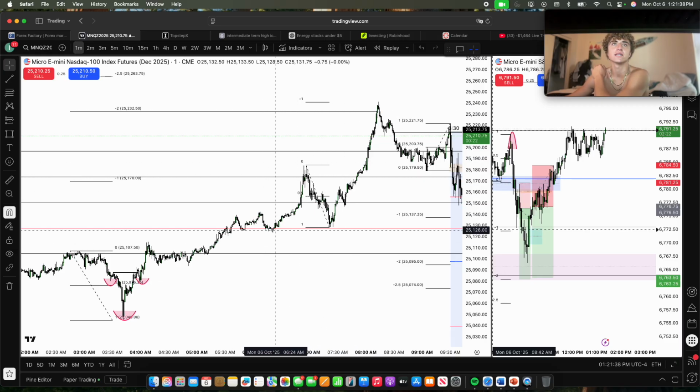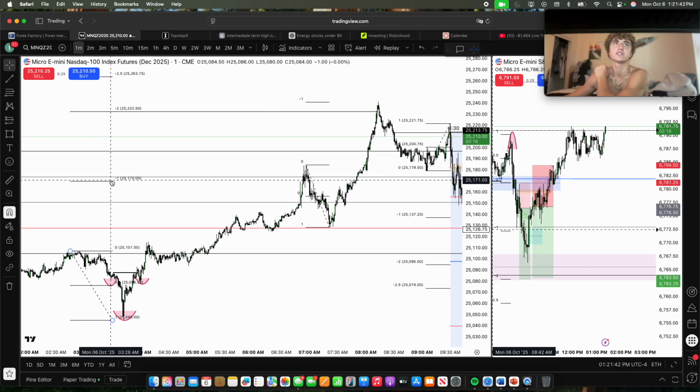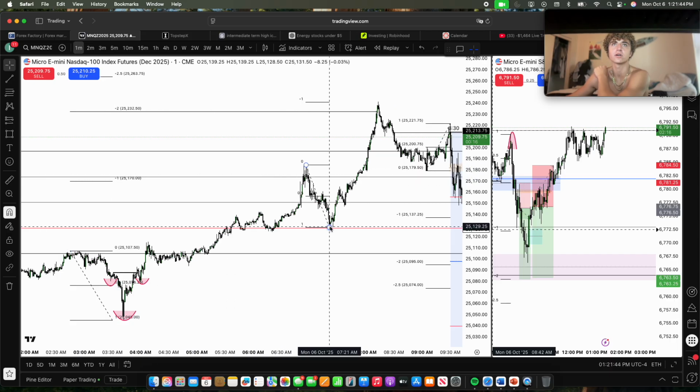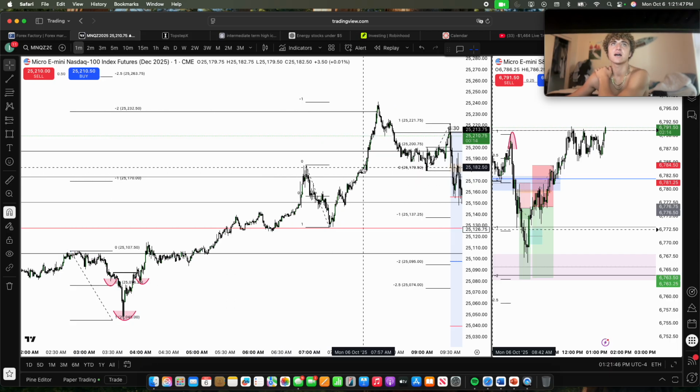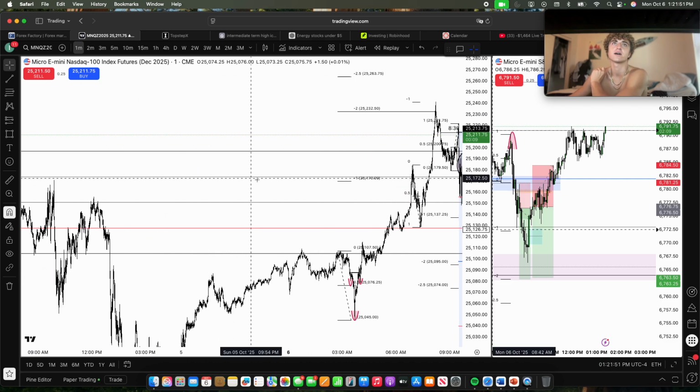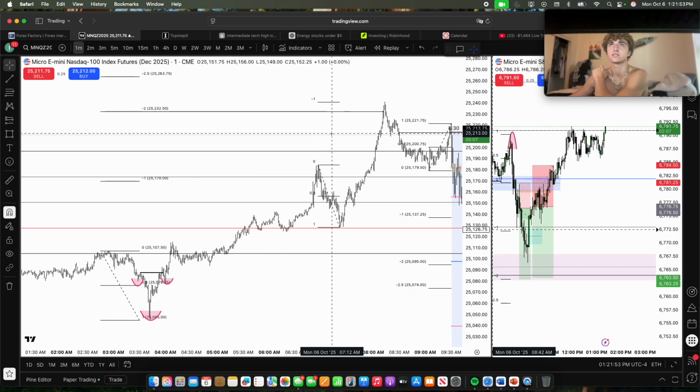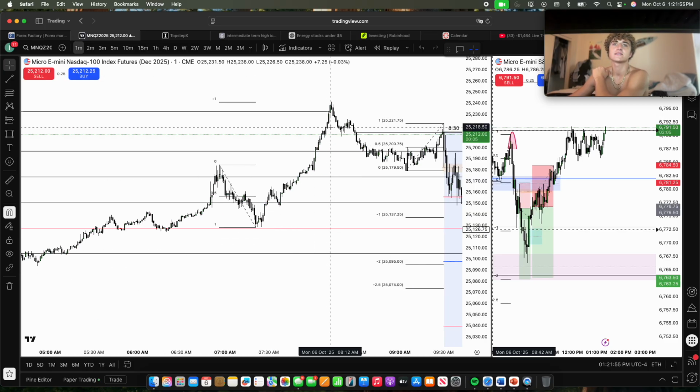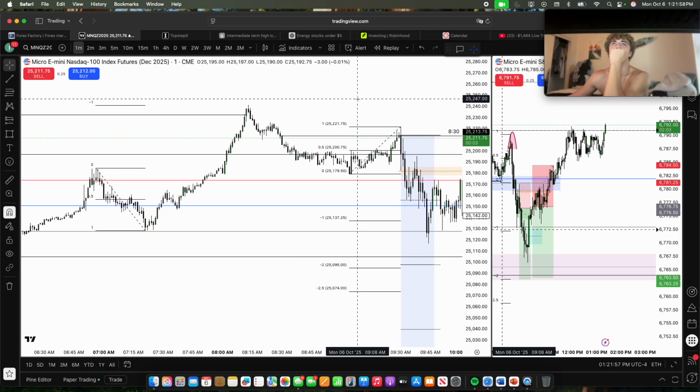So once we started working that daily wick, we directed off 0.25 right here, 0.25, and our -1 standard deviation. We break lower. Once we break this high, that's when I'm looking for the standard deviation on this, and we have a -1, and we take all-time highs, as well as hitting -2 standard deviation. So that was around 8:12 in the morning, around there.